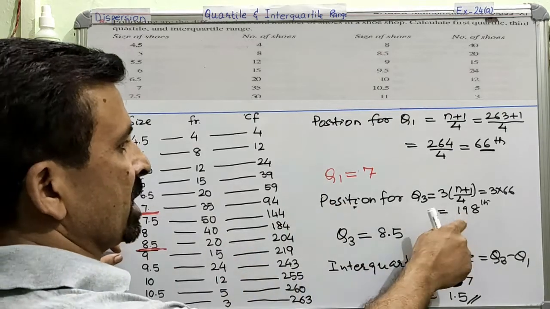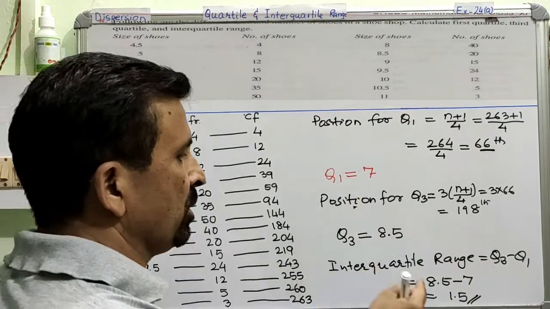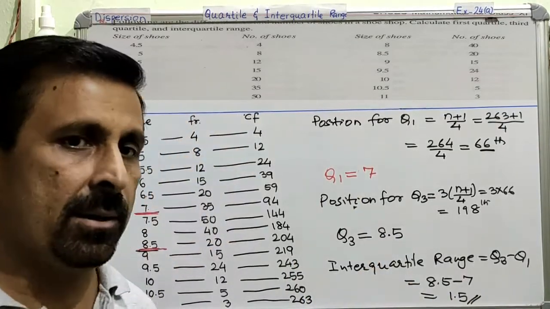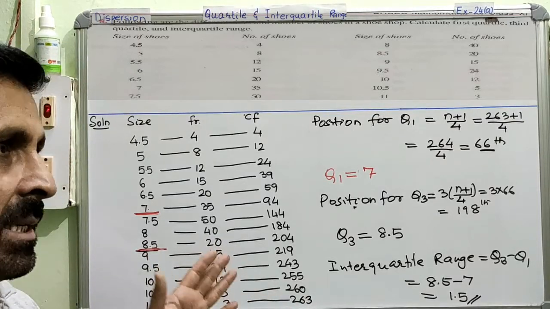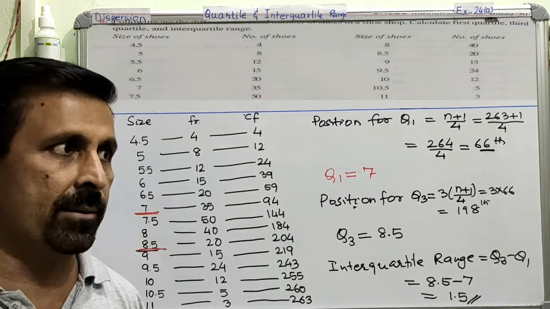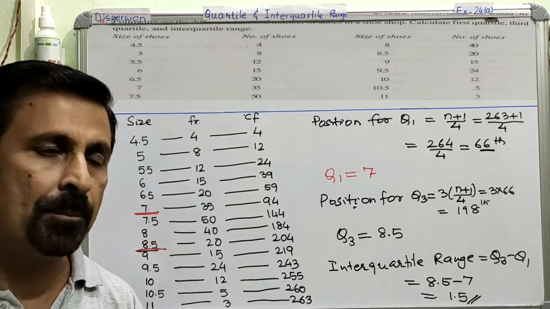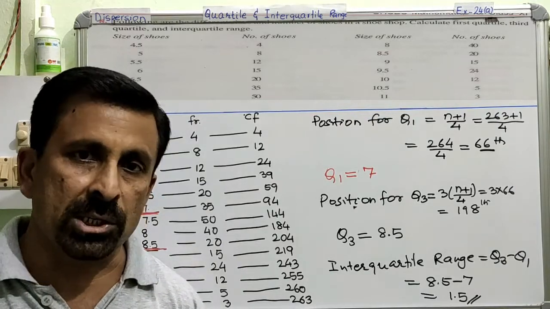Likewise, you calculated Q3, and then you picked up the data, and after that you found the difference between these two, and you got the interquartile range. So finding the interquartile range and the quartiles for a discrete distribution is quite simple compared to an individual distribution. Am I very clear? So after this we will have one more question on continuous distribution.